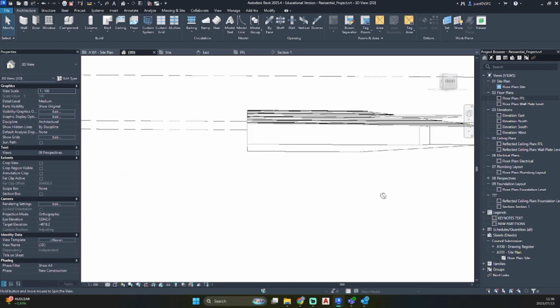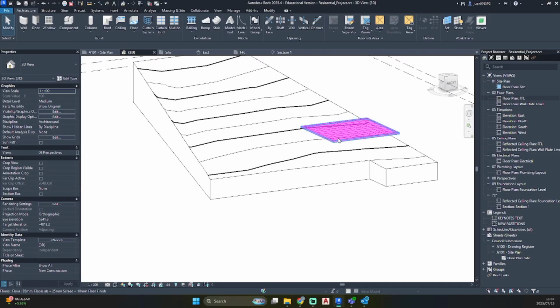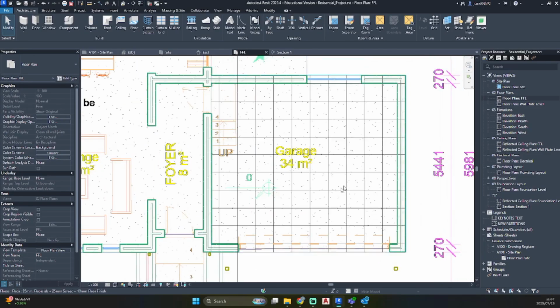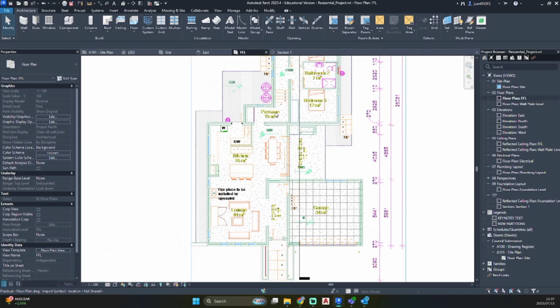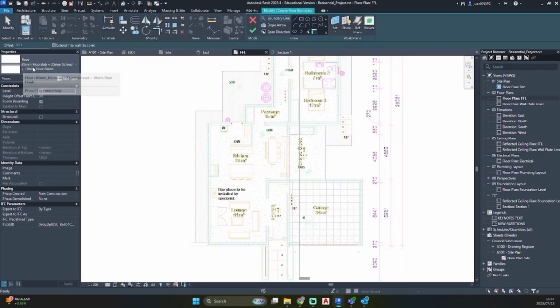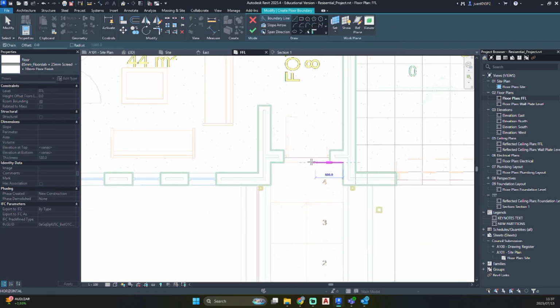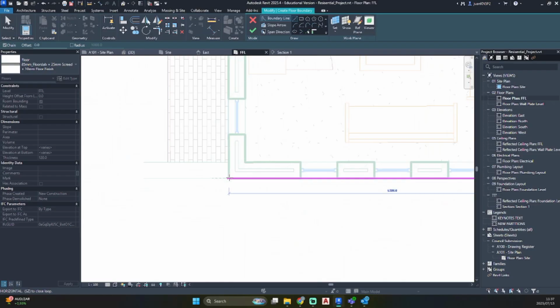And now we can see our floor slab that we have created. So now we need to create the second floor slab for this area. So go ahead to your top ribbon under architecture, floor. Let's make sure you have selected the one that we have created. And we're going with the line tool. So for this, we are going to just trace along the edges of our building just for now.